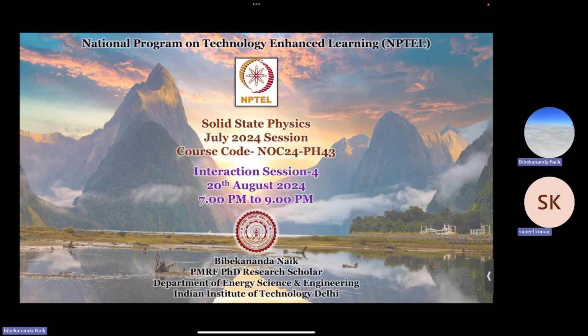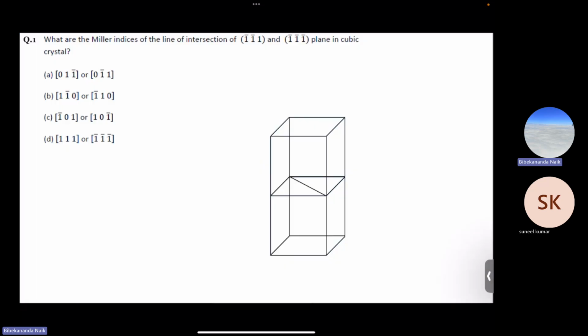There are different types of X-ray diffraction methods also, like the Debye-Scherrer method, which is otherwise called the powder method, and normal conventional methods. We'll also solve some numerical problems related to interplanar spacing in this session. So let's start